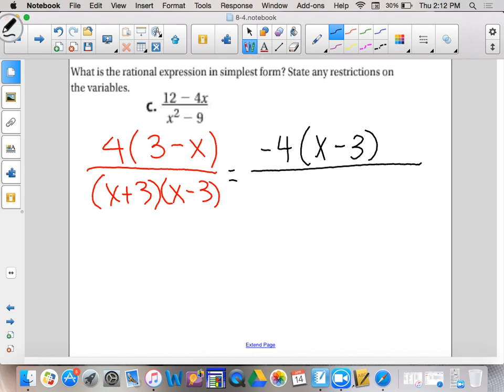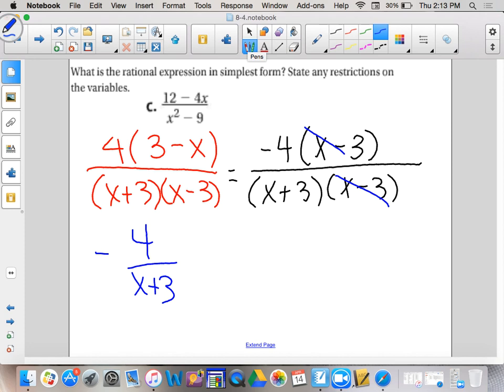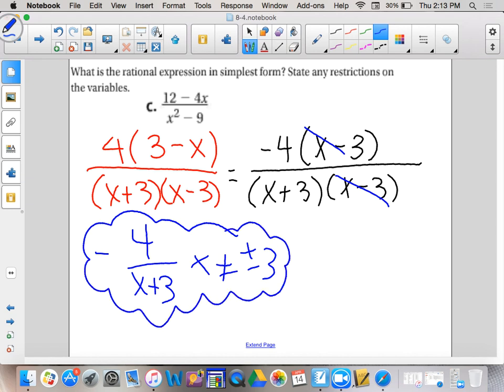And what does the switch do? It helps, because I have to have it in form with the x first. The x has to be first. So now that I've done that, all I need to do is cancel stuff out. What am I canceling? x minus 3. So what am I left with? Negative 4 over x plus 3. And what are my restrictions? Plus or minus 3, because I got a minus 3 here and a plus 3 there. That's my answer. That's how you simplify a